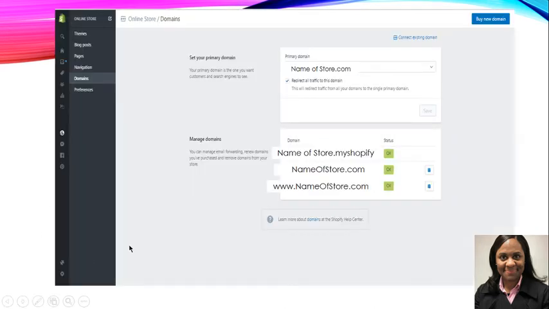So let's see. Now we're on online store domains. How did I get there? I went through the online store, which is this, clicking right here. If you can see this icon, what it'll provide is domains. What you want to do is set up your primary domain. And here is the button where you can buy a new domain. So what you want to do is